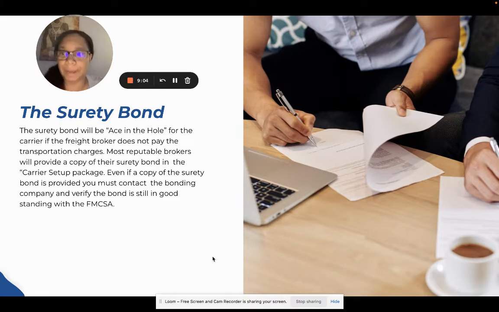Okay, a surety bond. The surety bond will be ace in the hole for the carrier if the freight broker does not pay the transportation charges. Most reputable brokers will provide a copy of the surety bond in the carrier setup packages. Even if a copy of the surety bond is provided, you must contact the bonding company and verify the bond is still in good standing with the FMCSA. The FMCSA is the Transportation